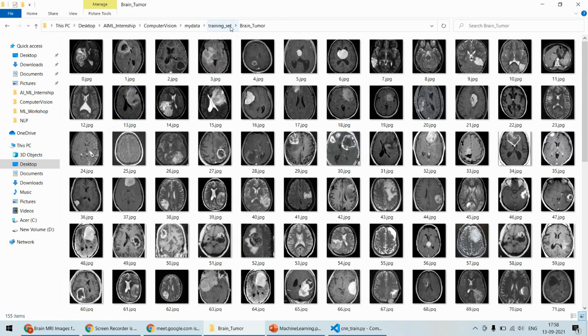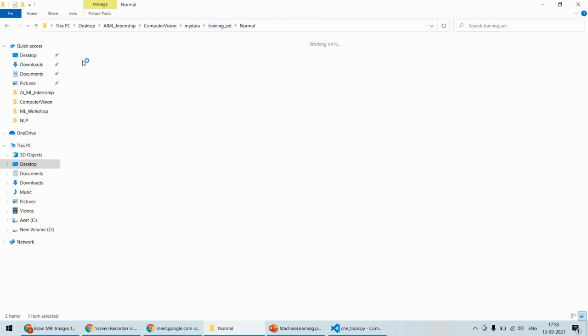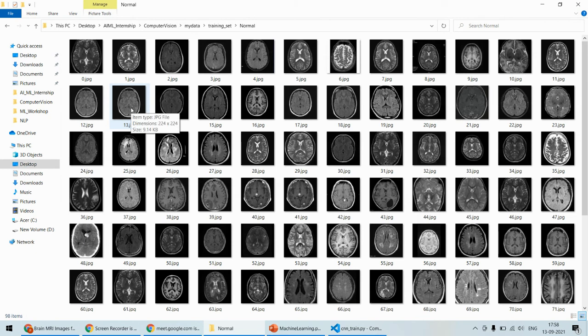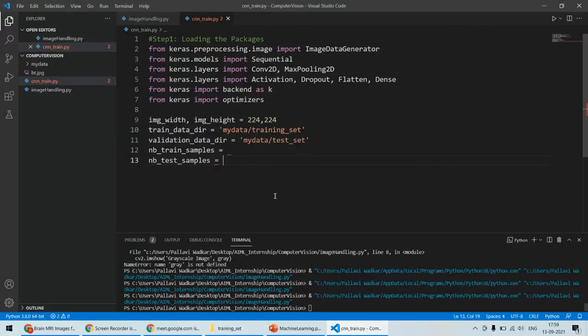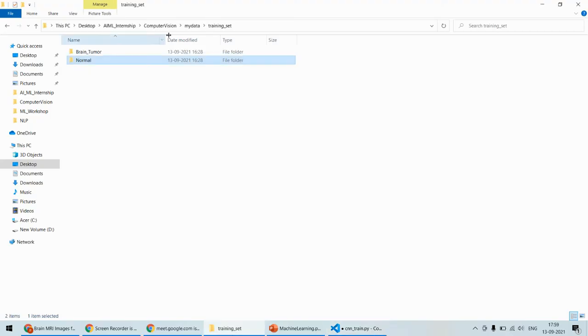तो यहाँ पे 155 है। नॉर्मल के कितने हैं? तो नॉर्मल के 98 हैं। तो 155 प्लस 98, सो दैट विल बी अराउंड 273 होगा। ओके, सो इट विल बी अराउंड 273। तो मैं यहाँ पे ट्रेनिंग सैंपल्स कितने हैं अपने? 273 ट्रेनिंग सैंपल्स हैं।